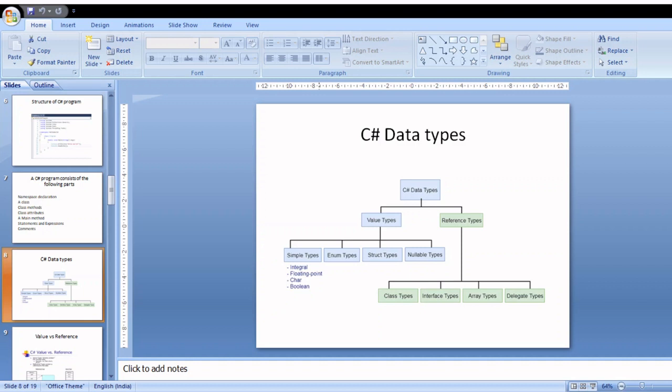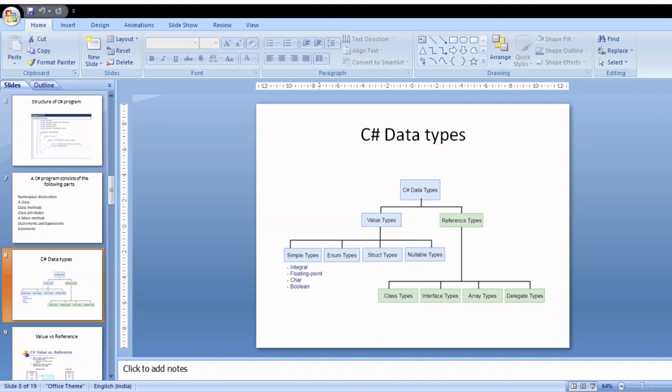Reference types are stored on the heap, and when an assignment between two reference variables occurs, only the reference is copied; the actual value remains in the same memory location. This is the concept of data hiding, an object-oriented feature. It provides security for data. That is the difference between value and reference types.